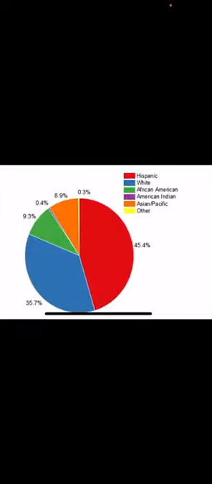Next, we will see the pie diagram. Now, what is a pie diagram? A pie diagram is also a component diagram. It is the same as a component bar diagram, but in a bar diagram you use the bar, whereas in a pie diagram you use the circle. You have to draw a circle whose area is proportionately divided among the components it represents. It is also called a pie chart.